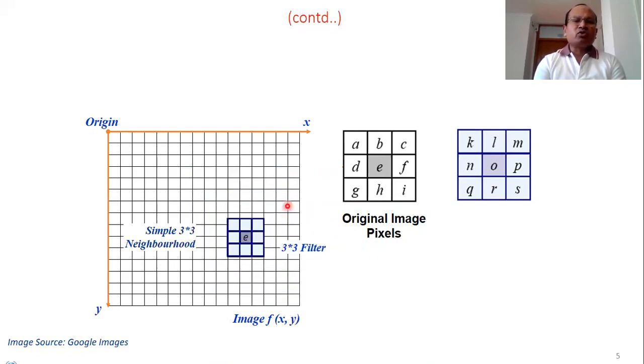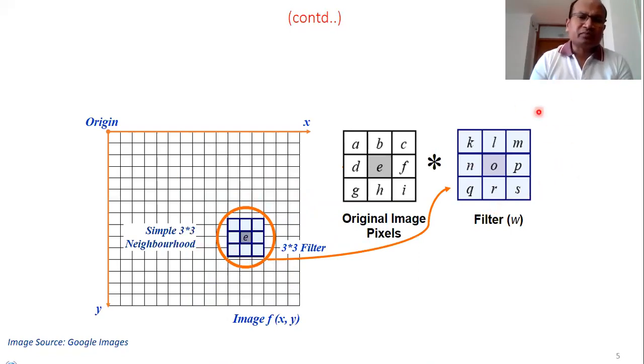So if you choose a 3 by 3 filter for this masking operation, suppose the filter function is this one. Please try to understand. Very simple. This is the matrix of the entire image where F is the input image, but out of the entire image, we are choosing a neighborhood. Which neighborhood? A, B, C, D, E, F, G, H, I. Over this neighborhood, we want to apply a filter. It's a kind of mask that is 3 cross 3.